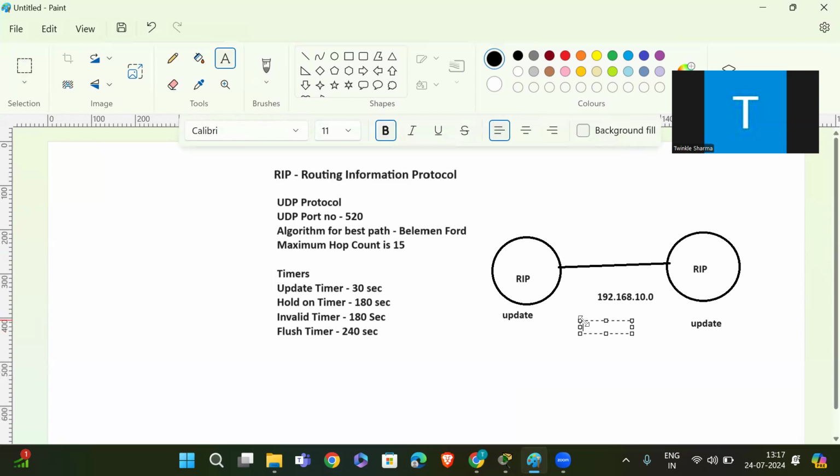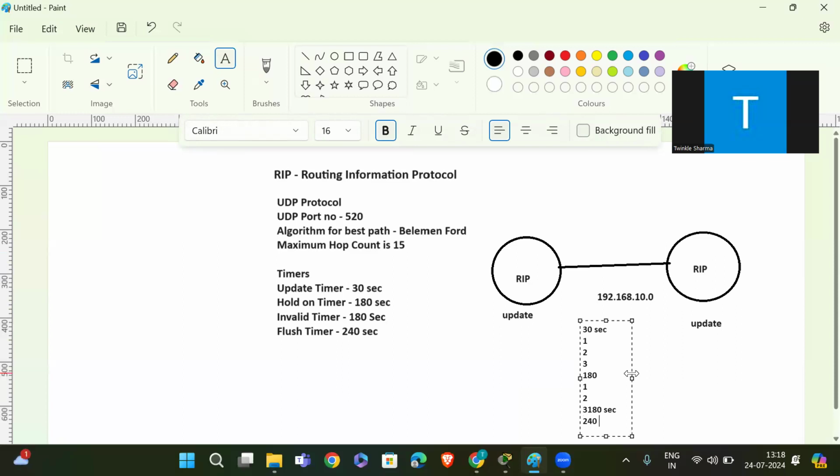After 30 seconds, if it doesn't get any response from the neighbor router, then the hold down timer will start, 1, 2, 3, up to 180 seconds. After that, the invalid timer will start. It will show that the neighbor router is invalid. Then the flush timer will start.